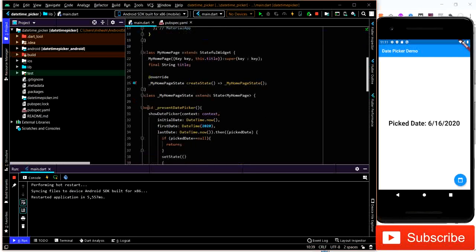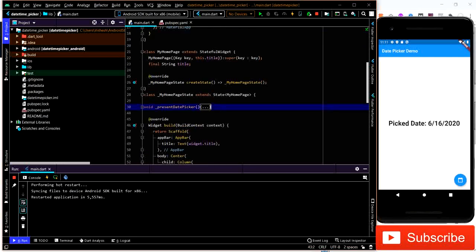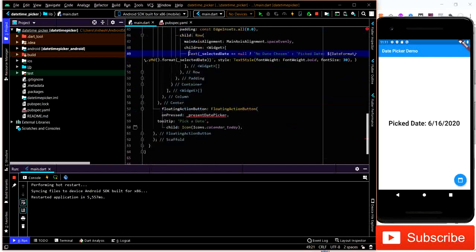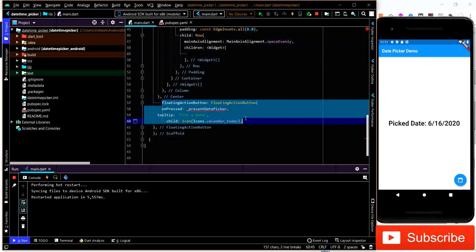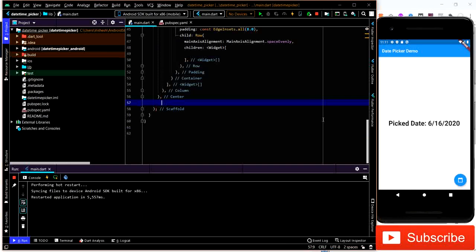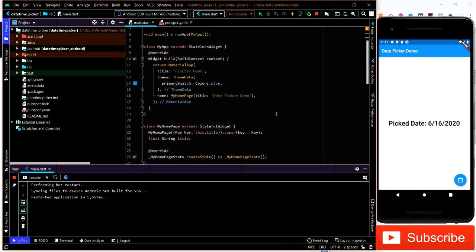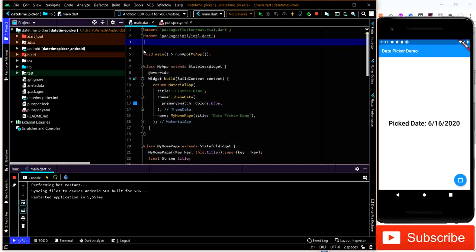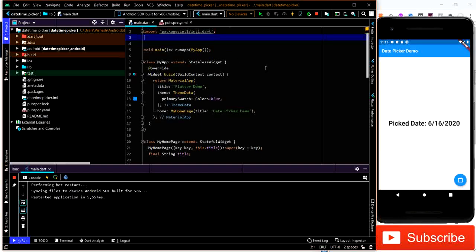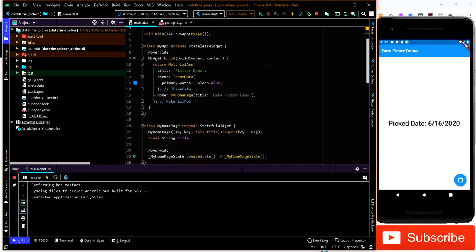What I'll do is simply delete the function that I've created. I'll delete this one, this line here, and I'll delete the floating action button completely. This is a very simple boilerplate. There's the material package, and then there is void main. This is a date time variable that I've declared. I'll show you where, so I can just remove that as well. And this Intl package will come in handy when we will be displaying the date in the format.